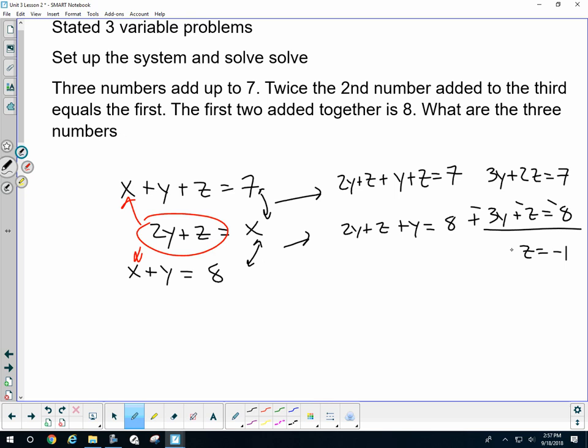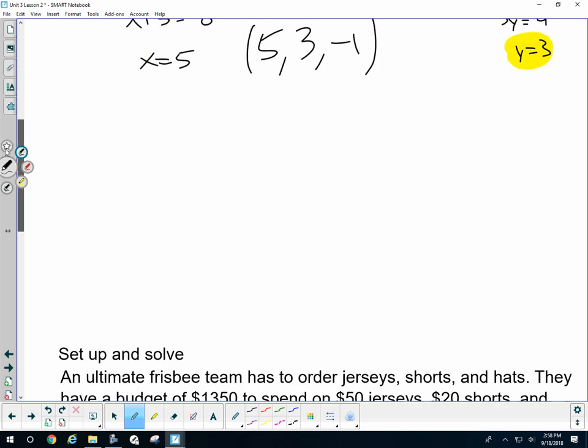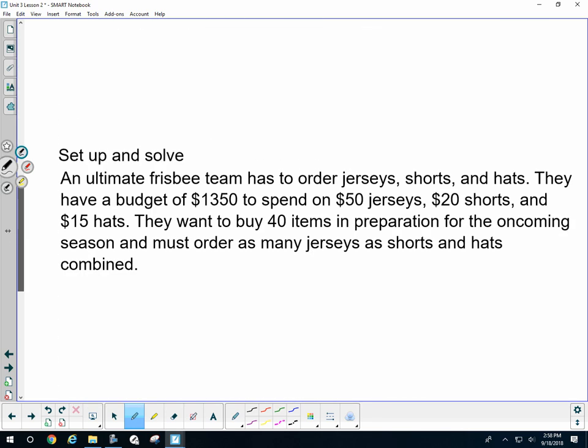Once I got that, I can find what y is equal to. And then find x. Okay. And we'll work on the other word problems in